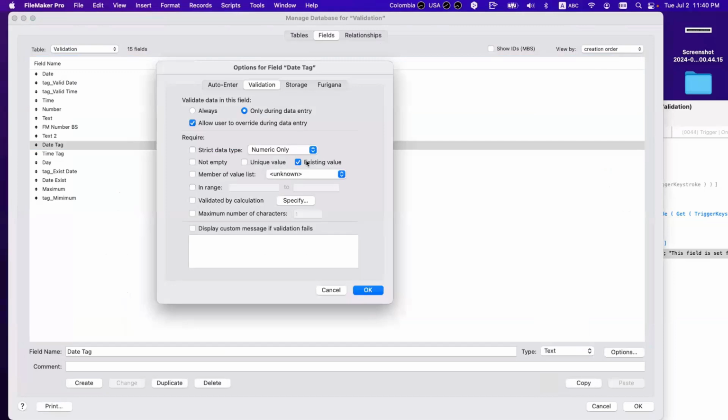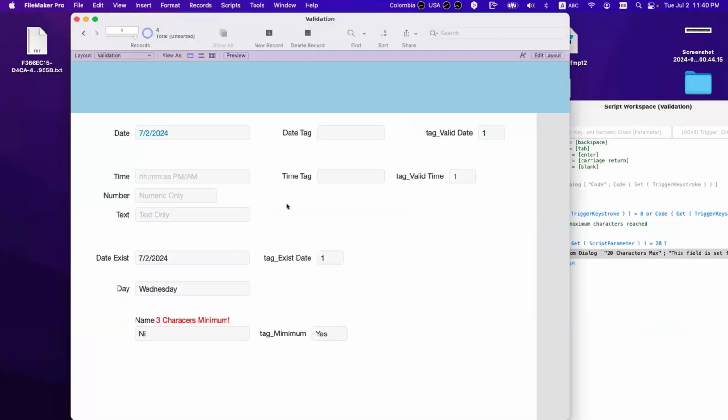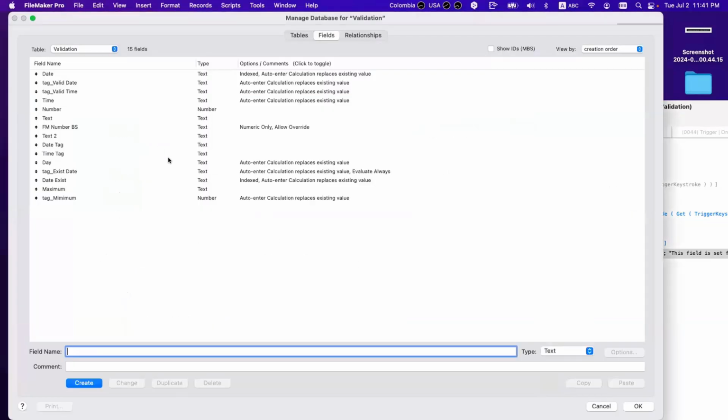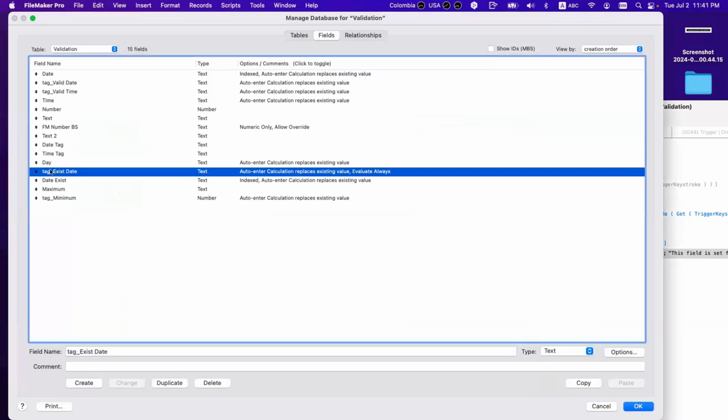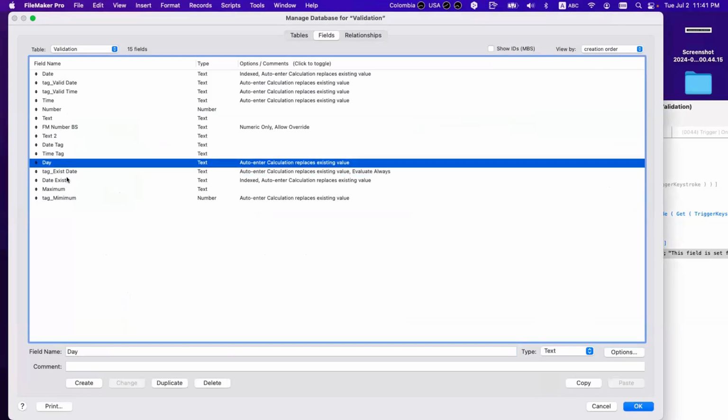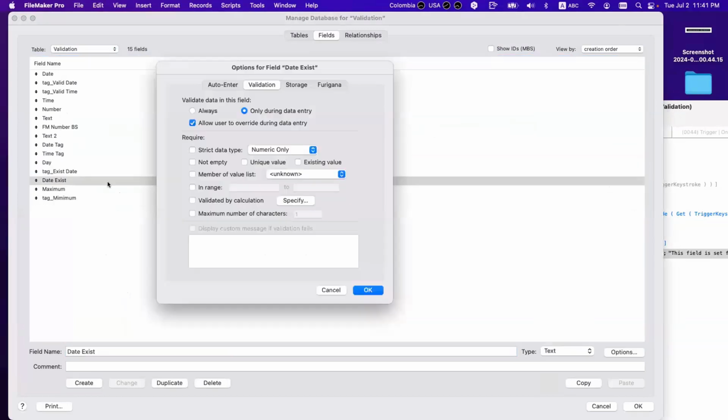Existing value. So how do we do this? Here I have two things going on. If I go to day, not the day, I have the date exists and the tag exists. So let's go to the date exists.